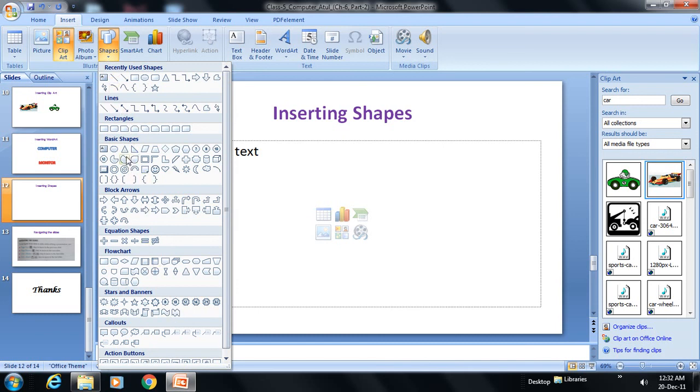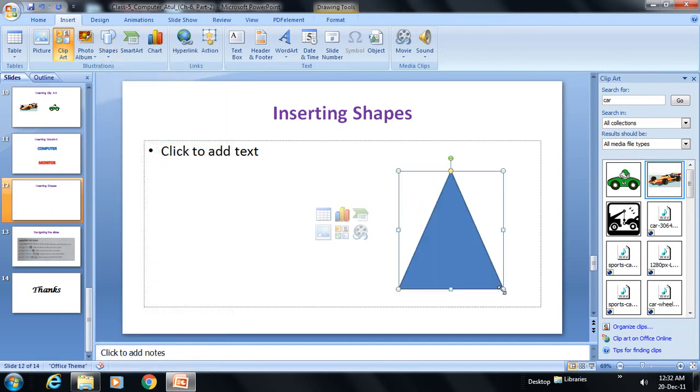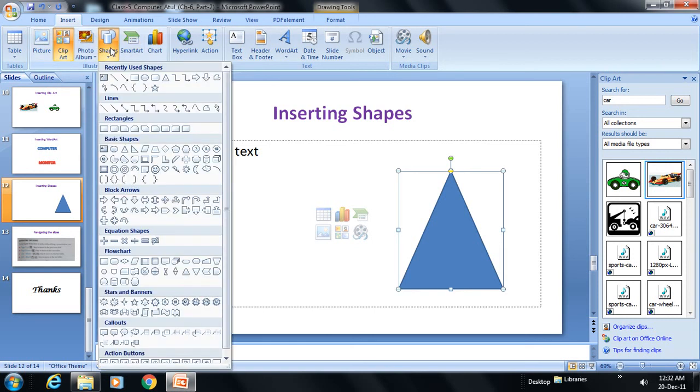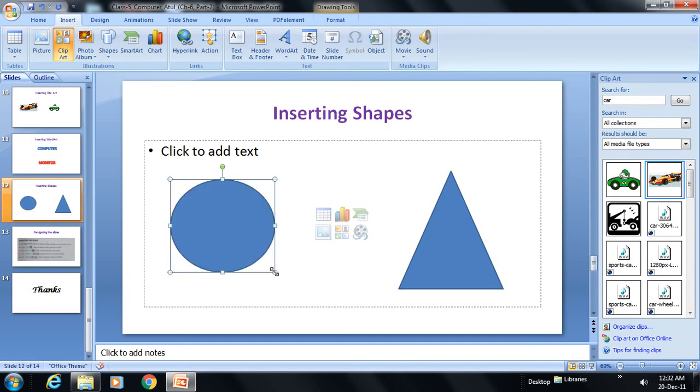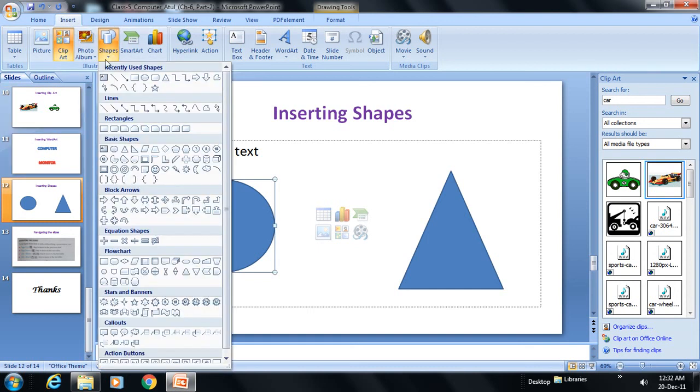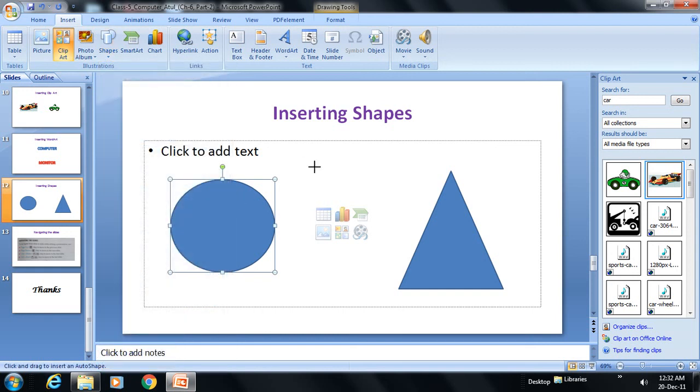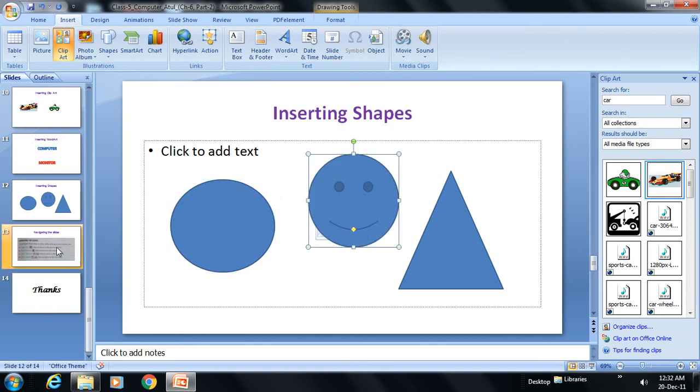If you want to insert a triangle, you need to choose triangle, and the triangle will be drawn over here like this. Drag and draw. If you want to draw a circle, just create a circle like this. Fine. So in this way you can create different shapes. How? Click on insert, click on the shape tool, and you can create different shapes. Smiley. Fine, like this. Okay, next,